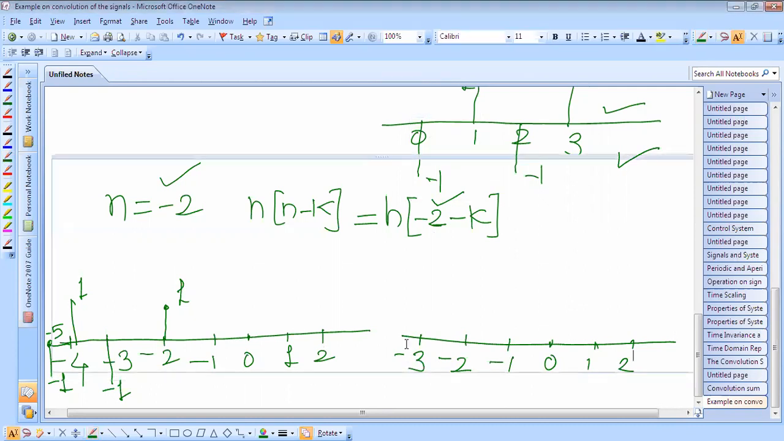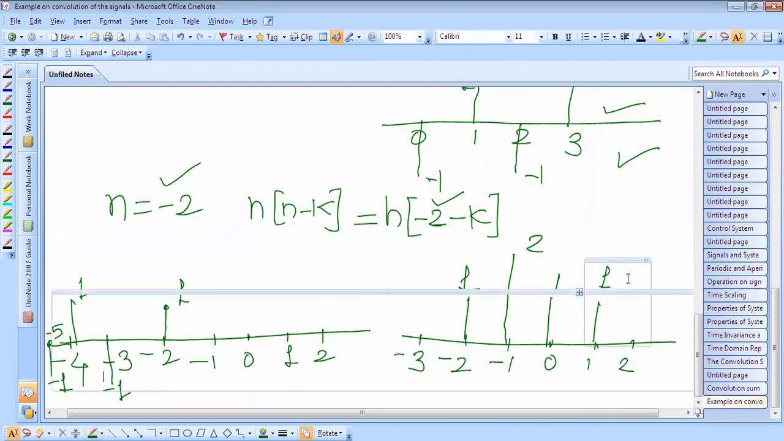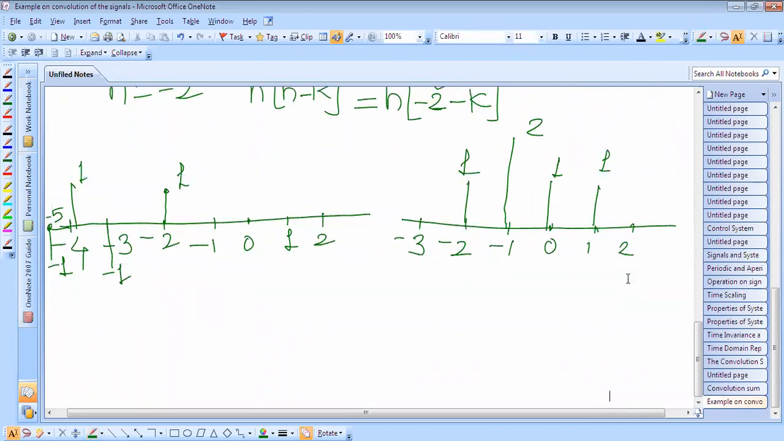Okay, so for 0 it is 1, for -1 it is 2, for -2 it is again 1, and for 1 it is also 1. So now we have to find the output response. How can we find the output response? So see the output response. Now we have